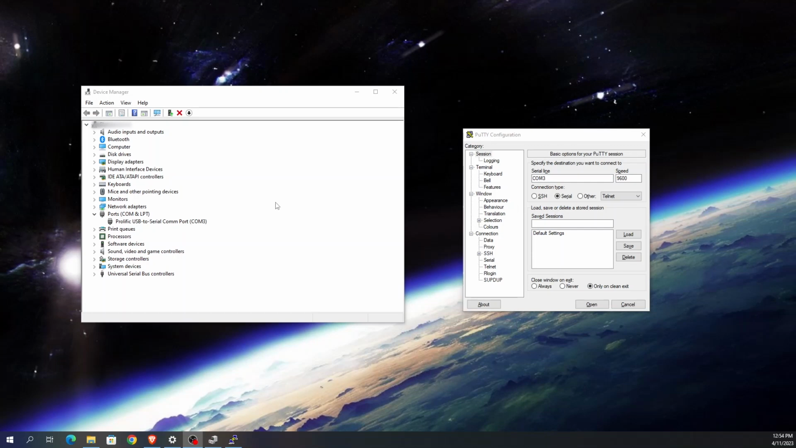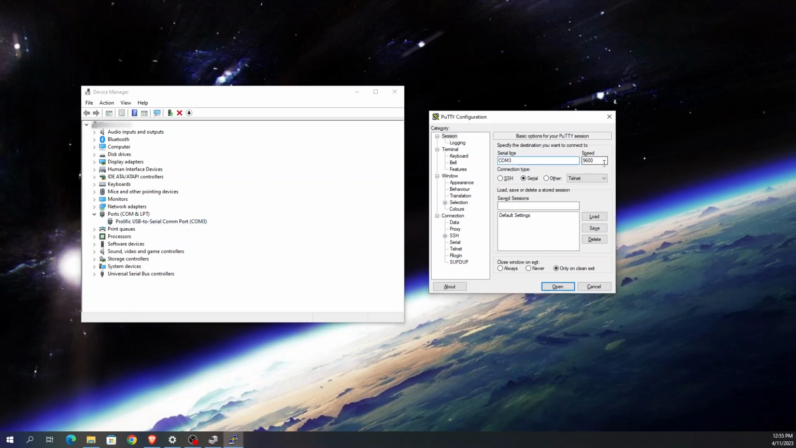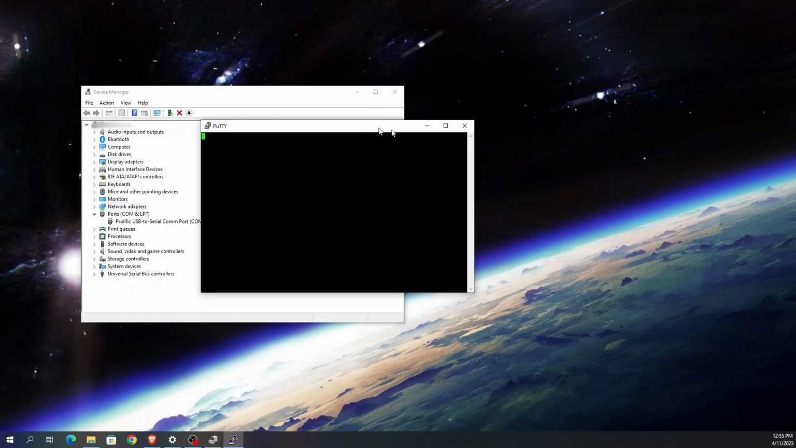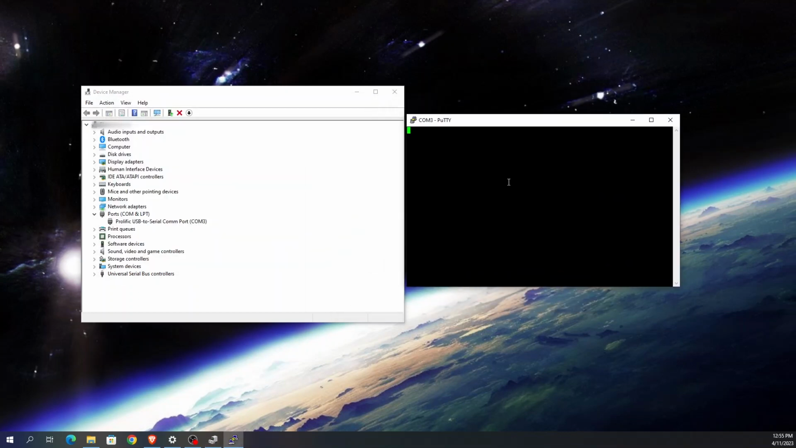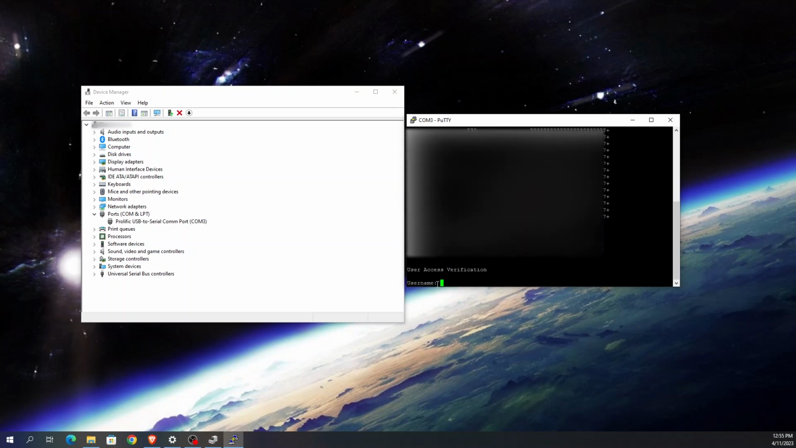So with my serial cable connected and the switch powered on, I have it under Ports in my Device Manager. Open up PuTTY, select Serial, select COM port 3, in my case it is COM port 3, leave the speed as it is and click Open. Now press Enter and it should start loading up, and in my case it then requires a username and password, which